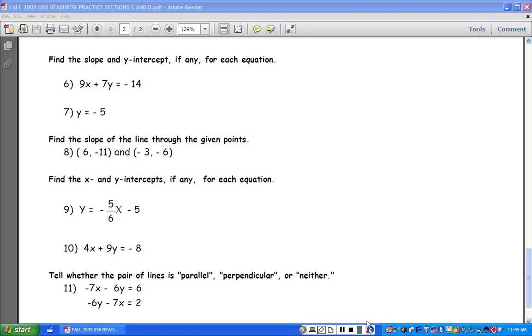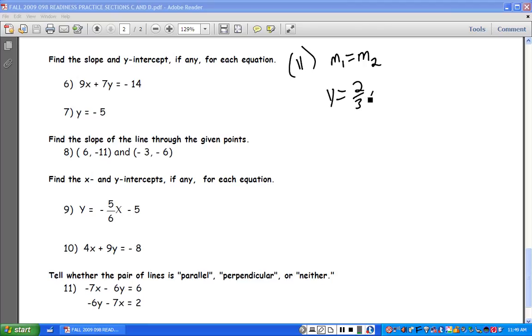And then lastly, number 11, tell whether you're parallel, perpendicular, or neither. Okay, now before we get into how to solve it, we want to talk about what they mean. Parallel, which usually means two lines running side by side, so like a real skinny 11, a symbol for parallel, means that the slope of one line is going to be the same as the slope of another line. Okay, so if I had an equation